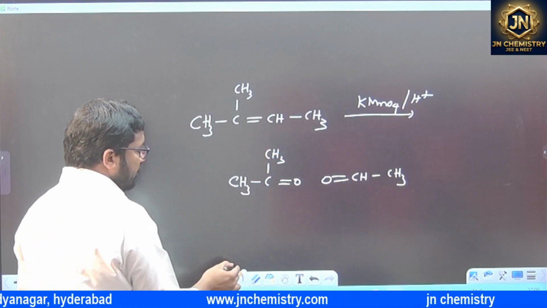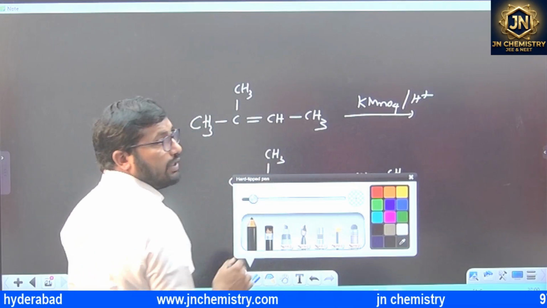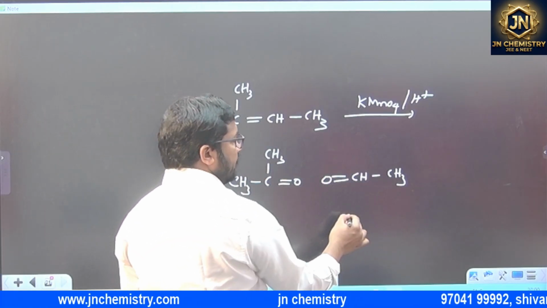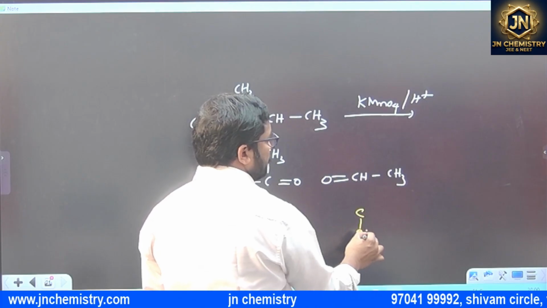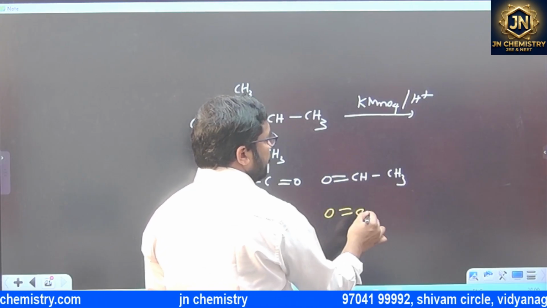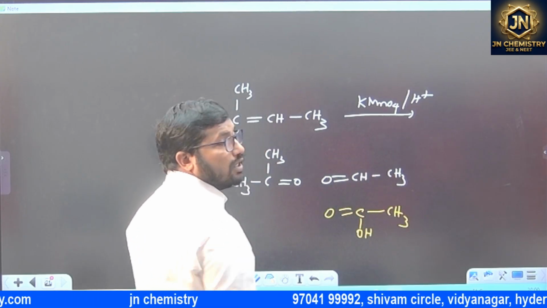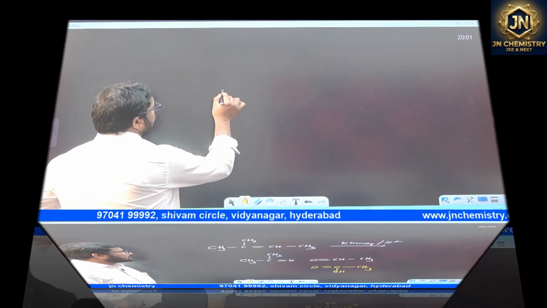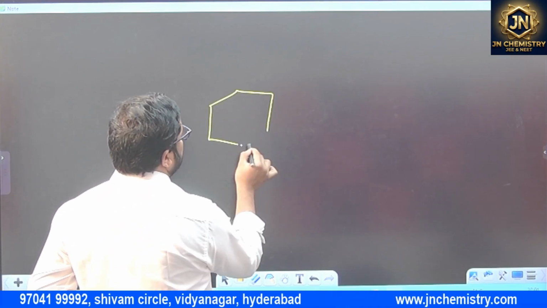But this double bond carbon doesn't have any hydrogens, so no need to do anything. So it's acetone only, we will get as the product. But this is converting into OH group because the double bond carbon is having 1 hydrogen, giving acetic acid. For example, if the ring structures are given like this,